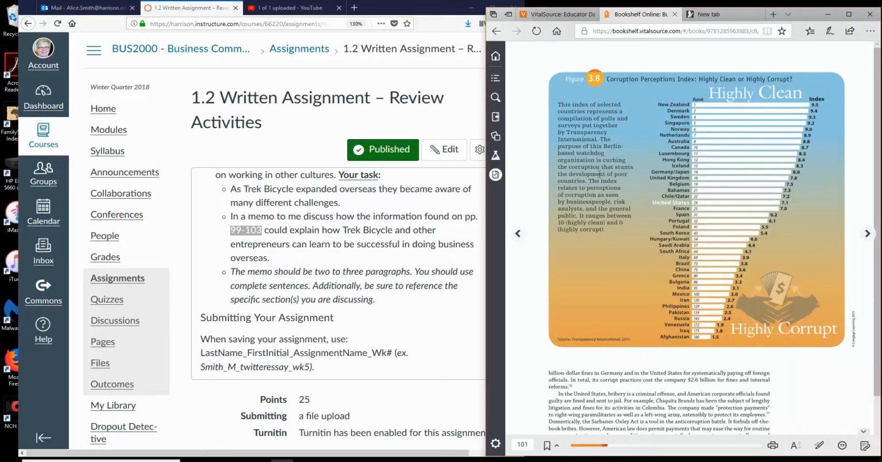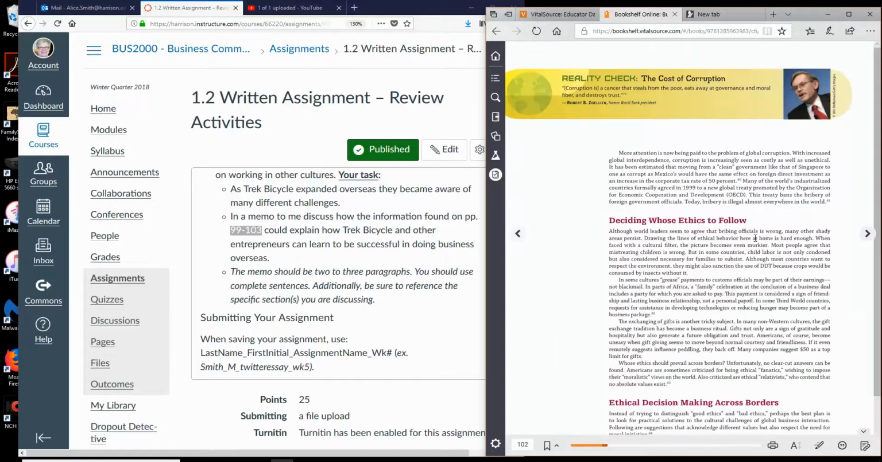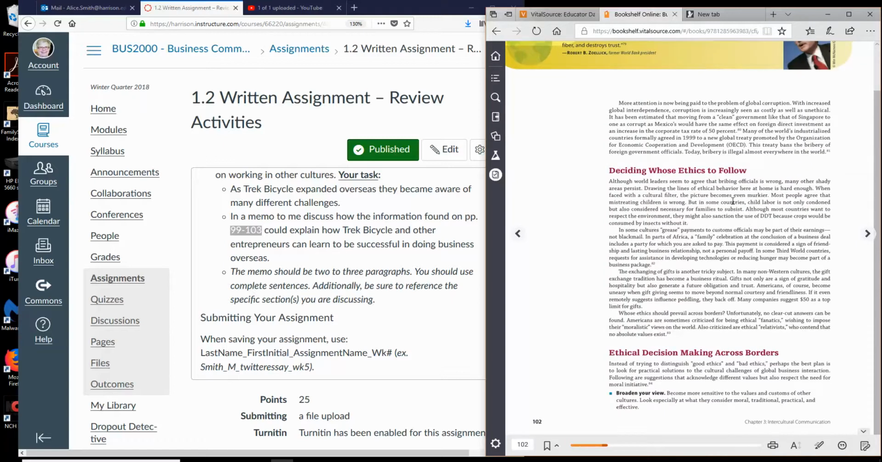99 to 103. This is 101. Corruption's highly clean or highly corrupt, depending on the country. Deciding whose ethics to follow. Ethical decision making across borders. And there's a student example of Trek Bicycle. I believe that I'm going to have in the lecture an assignment tab. So, Trek